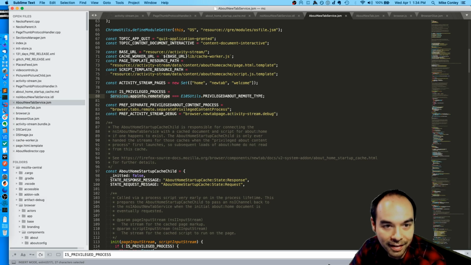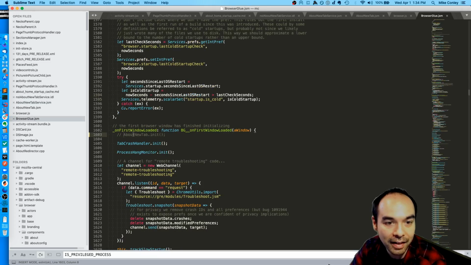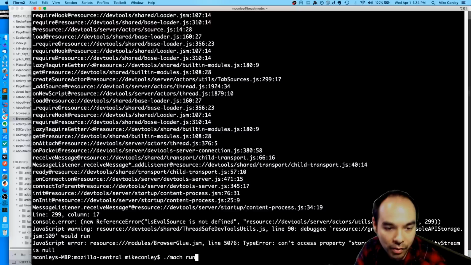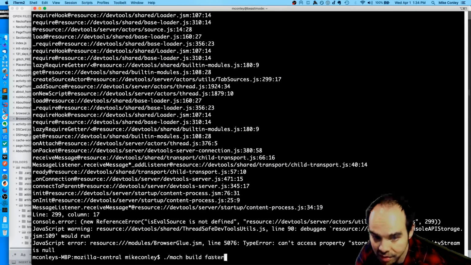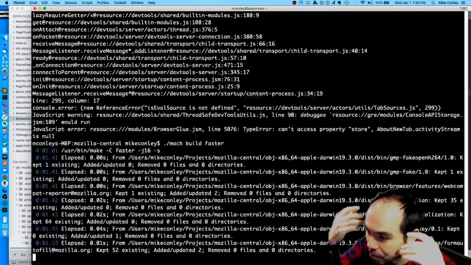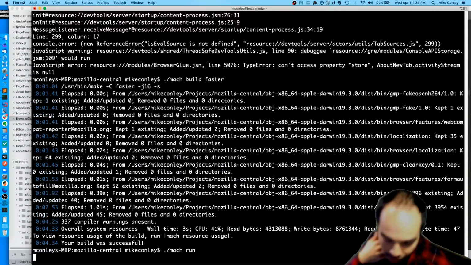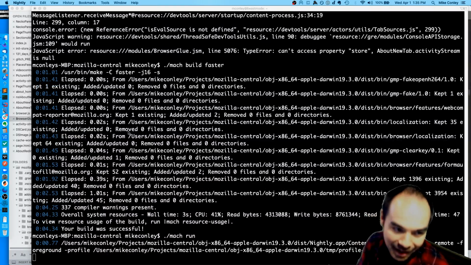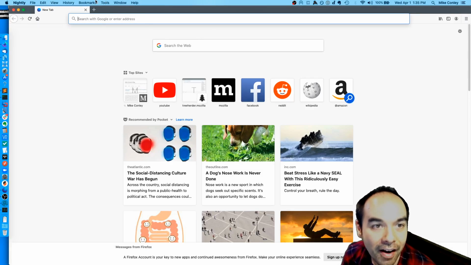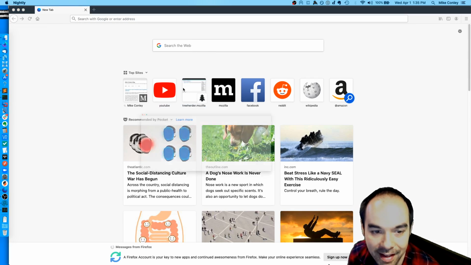Here's why it's not working. It's because I have to turn activity stream back on in order for us to receive the state to construct the cache. So in my zealousness, in my attempt to demonstrate and show off, I hobbled my ability to debug. My bad. All right, so let's generate that cache